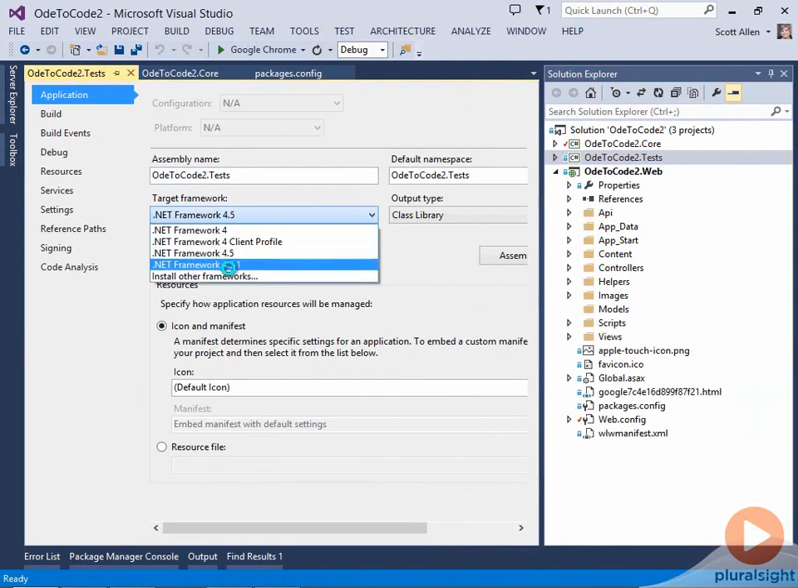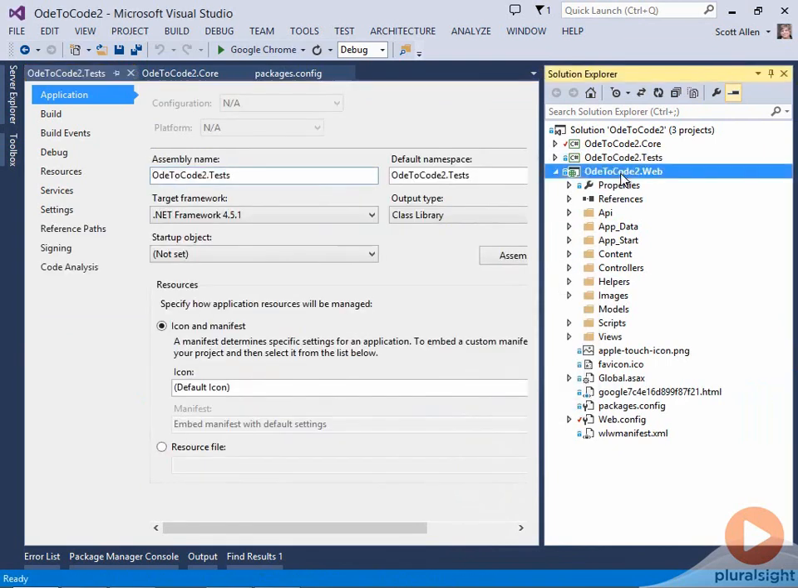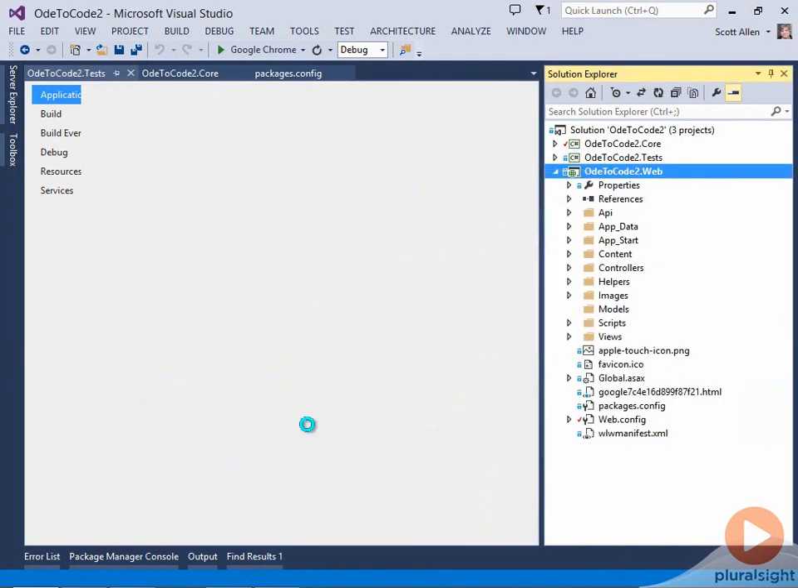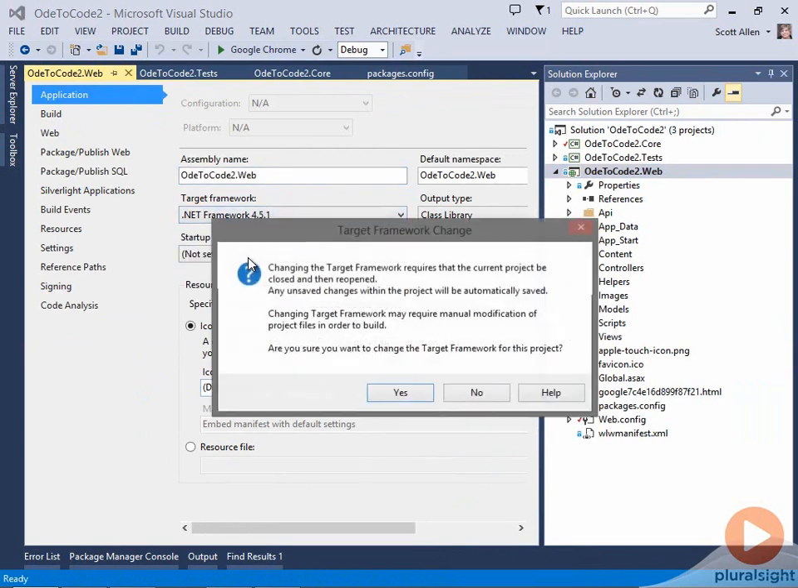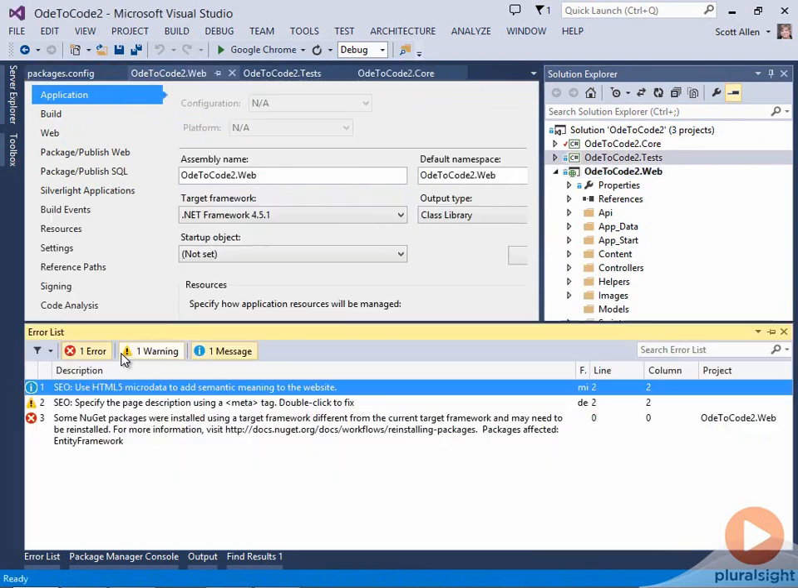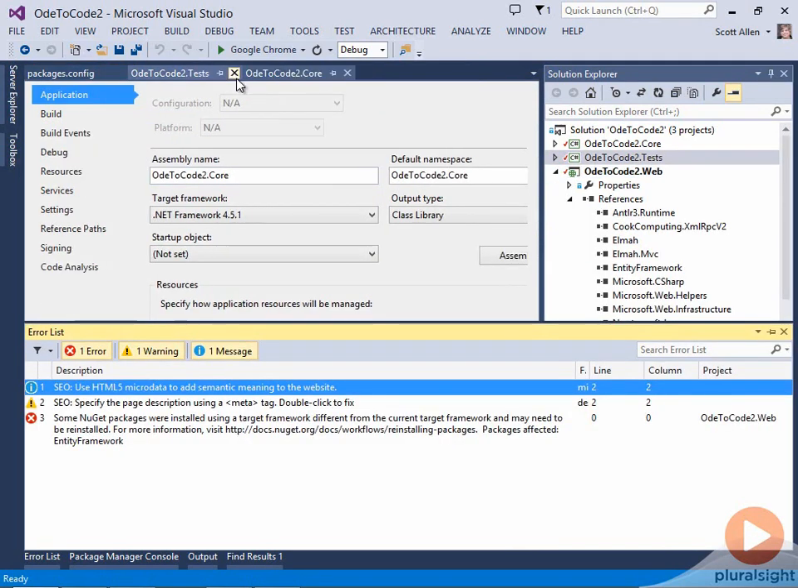Does your production environment support .NET 4.5.1? But you'll need to move to at least .NET Framework 4.5. And now that all of those are changed, it is time